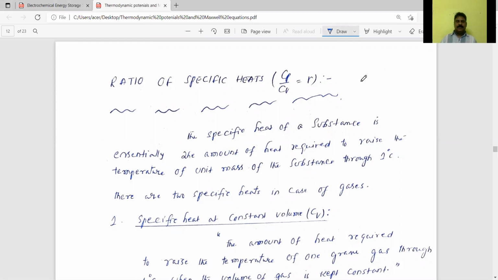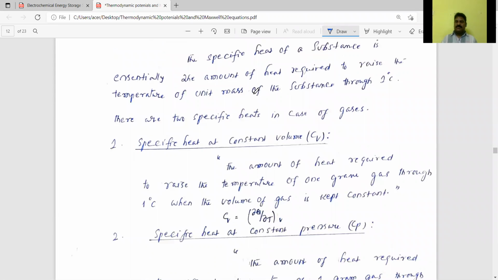Okay, in last class we have seen the ratio of specific heats Cp by Cv equal to gamma. So in order to prove this Cp by Cv equal to gamma by using Maxwell's equations, first of all we have